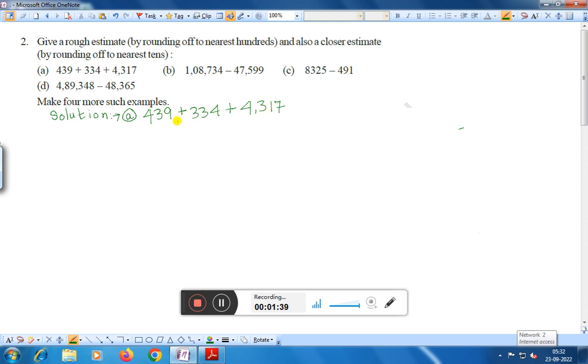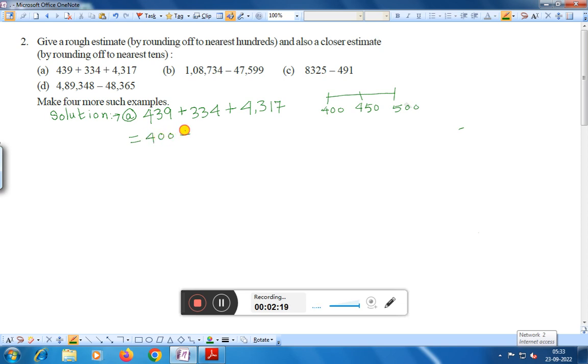439. Now, 439, here you see, the number 439 lies between 400 and 500, and the middle number is 450. That means if the number is 450 or more than 450, then it is rounded up to 500, and if the number is less than 450, it is rounded down to 400. Therefore, the number 439 will be rounded to 400